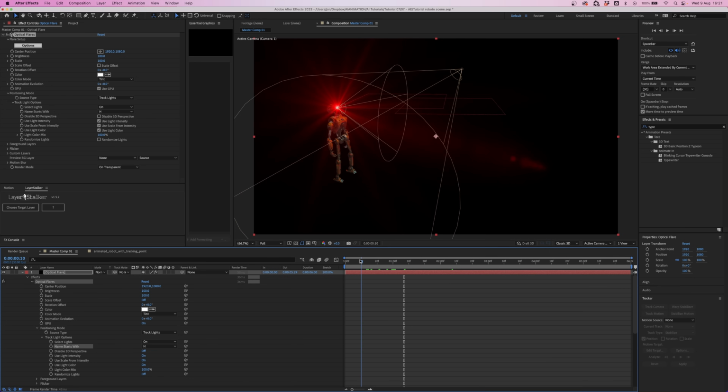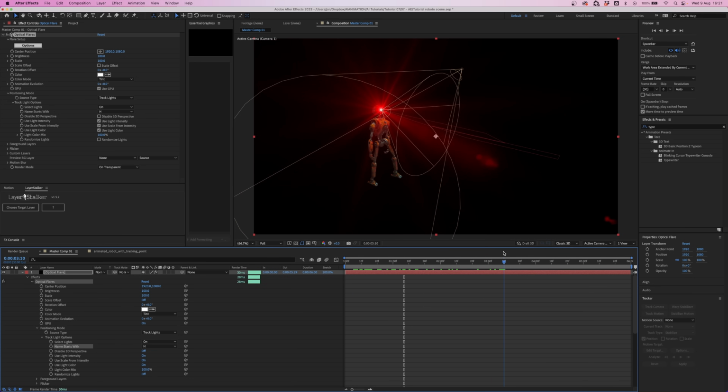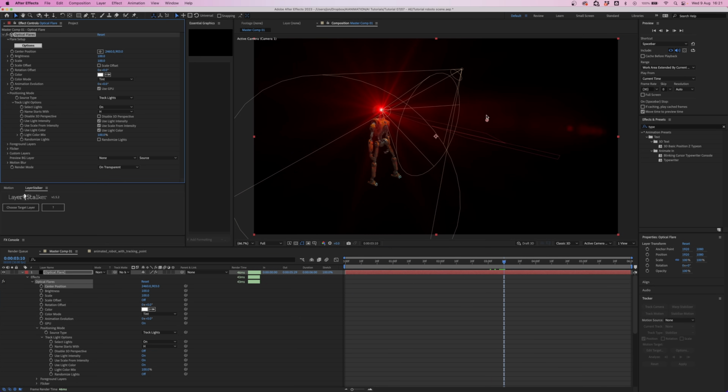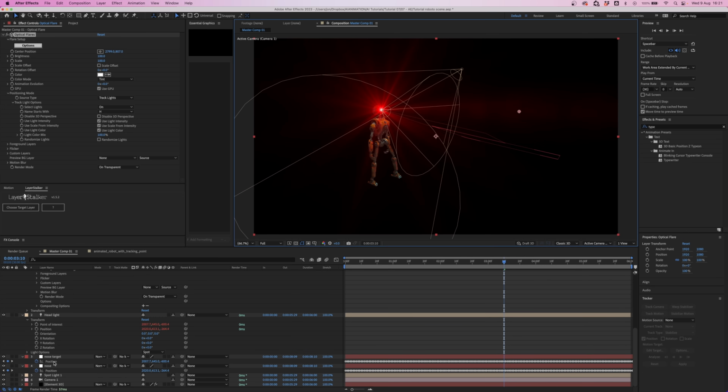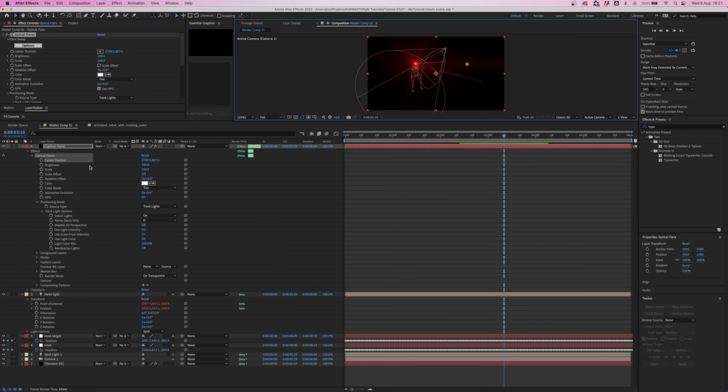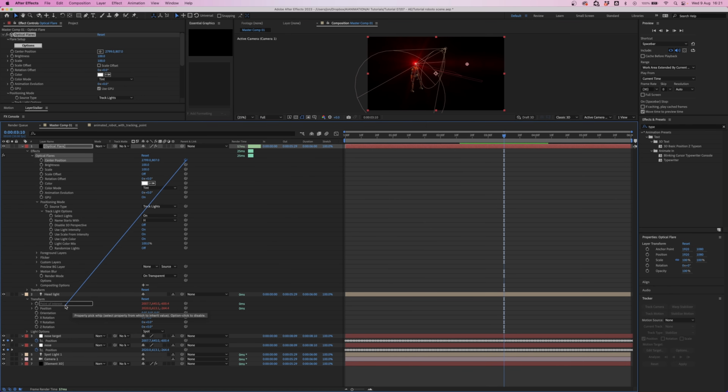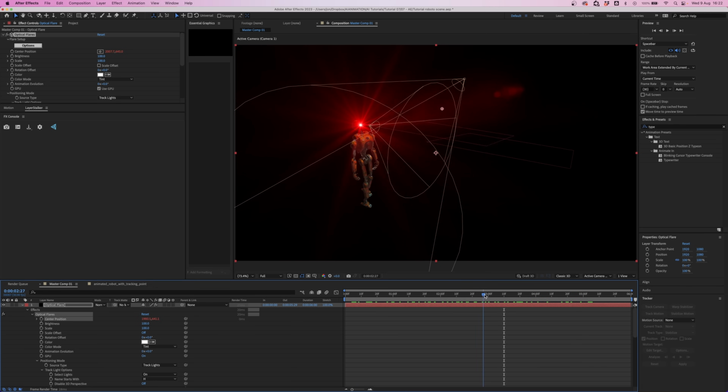Then as we move through our scene, we have this working really well, but the center point for our optical flare is being set by this point, and we want to link that to that other tracking point. So we can spin down, making sure we've got our position value visible for the nose target. Scale this up a bit. We can then pick whip the center position for our optical flare and link that to our nose target position. Now when we play through our scene, the lens flare is moving with the head turn of our robot, but